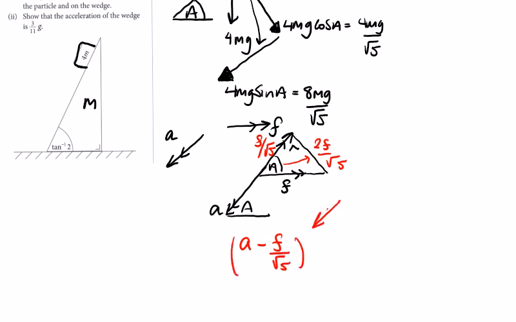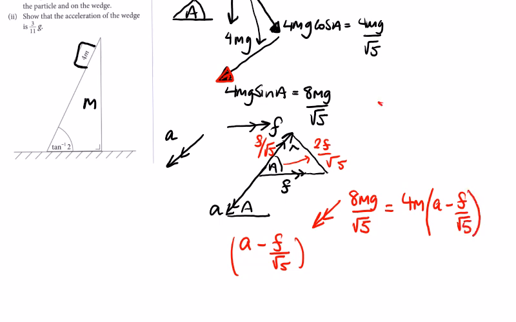So my forces going down in this direction are 8mg over root 5. That's equal to ma. The mass is 4m, and the acceleration we've just gotten to be a minus f over root 5,